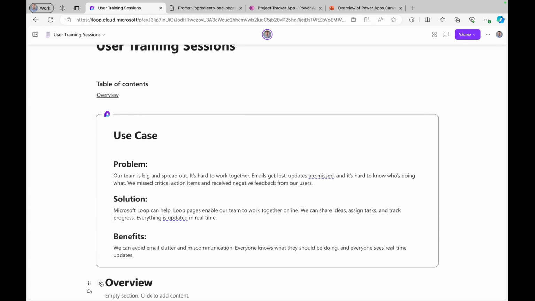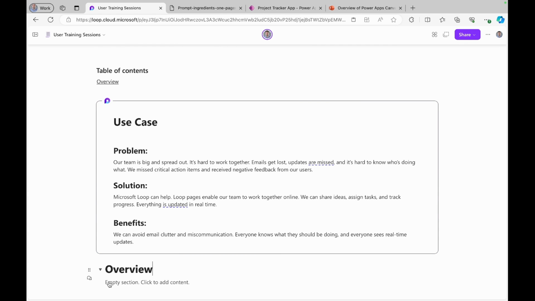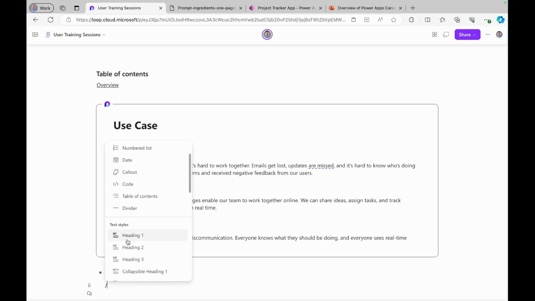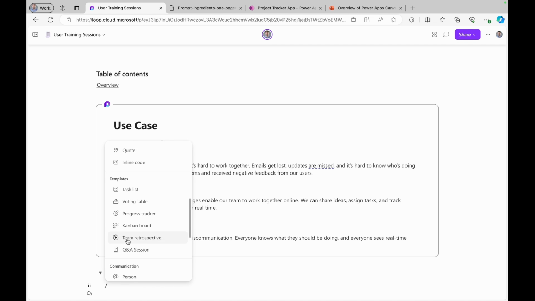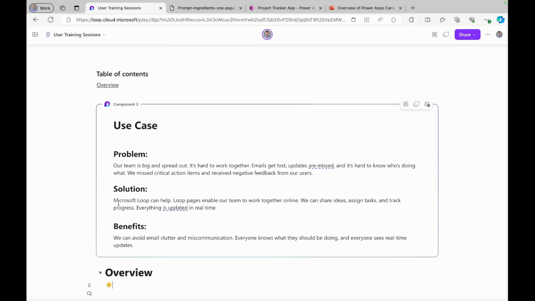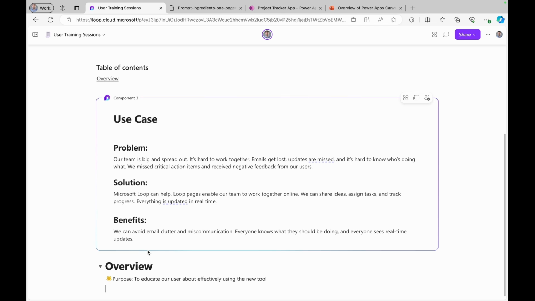And inside this collapsible heading, I will simply add another emoji. I really like emojis because it's easy to find the information whenever you are looking for it. So here I will simply click star and say purpose. Our purpose is,